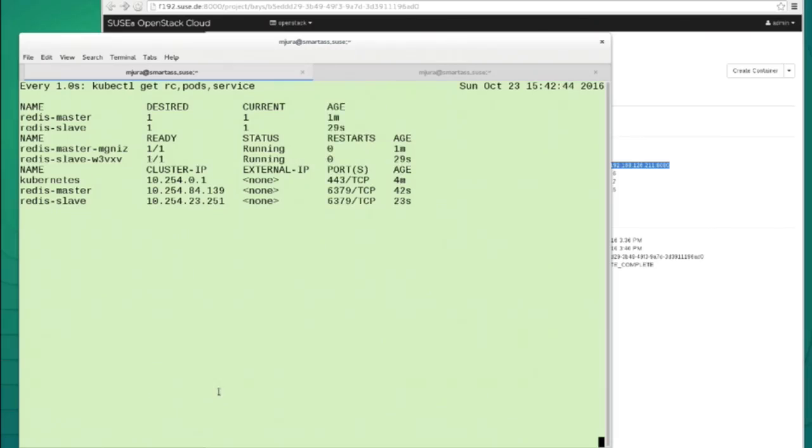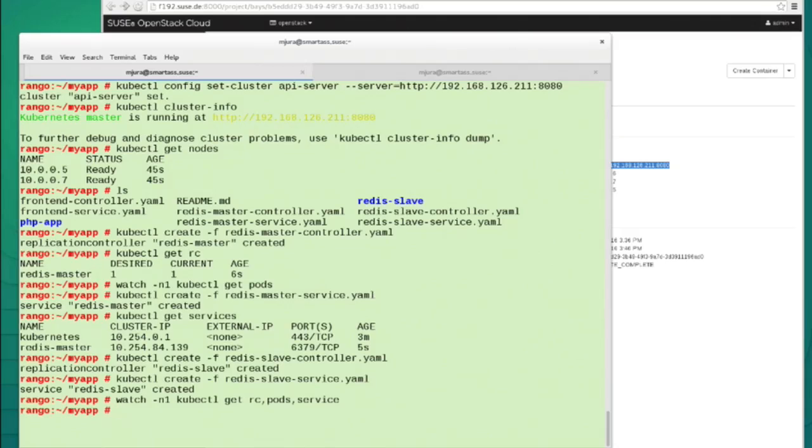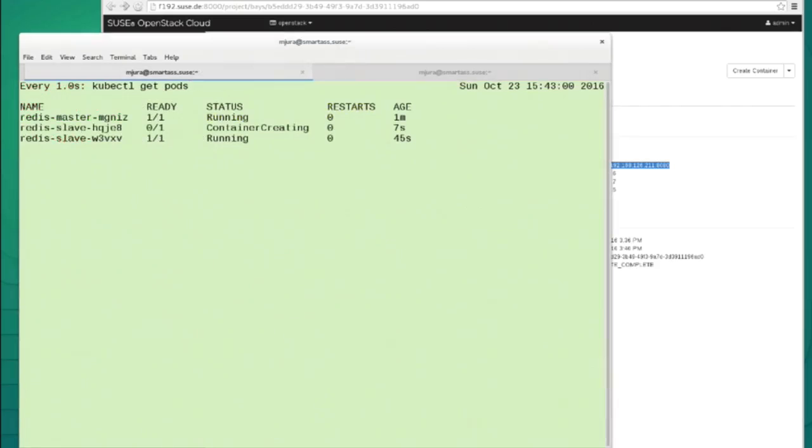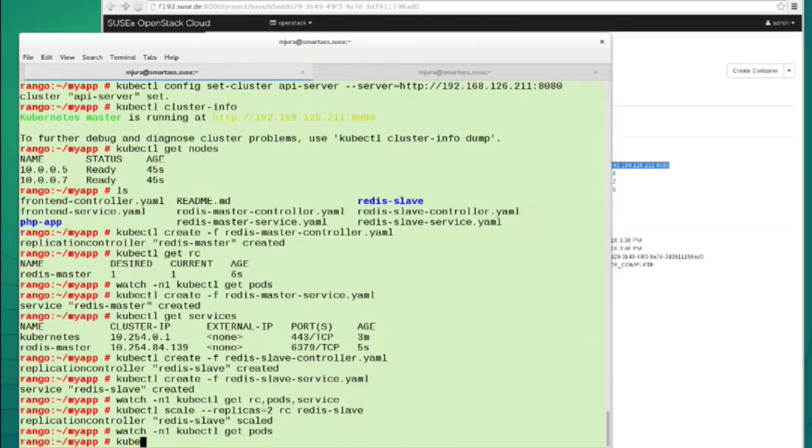The replica controller that we define is basically what enforces the desired state. Again, there is a talk about demystifying Kubernetes which covers that. Basically, you describe how things should look, and then Kubernetes takes care of making that happen. Now we have one master running, one slave running. We didn't want to rely on just one master and one slave, so we said we want two slaves. One slave is still being created. Kubernetes is automatically figuring out where to place all these containers for you. So it's really fire and forget. You don't have to care about that anymore.